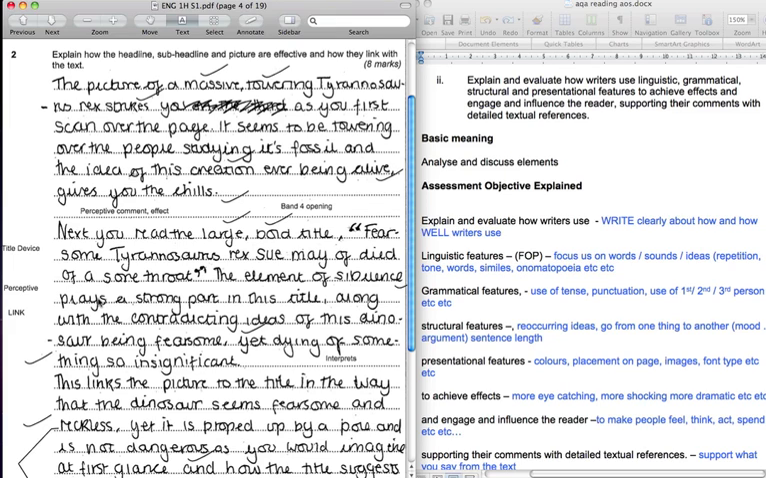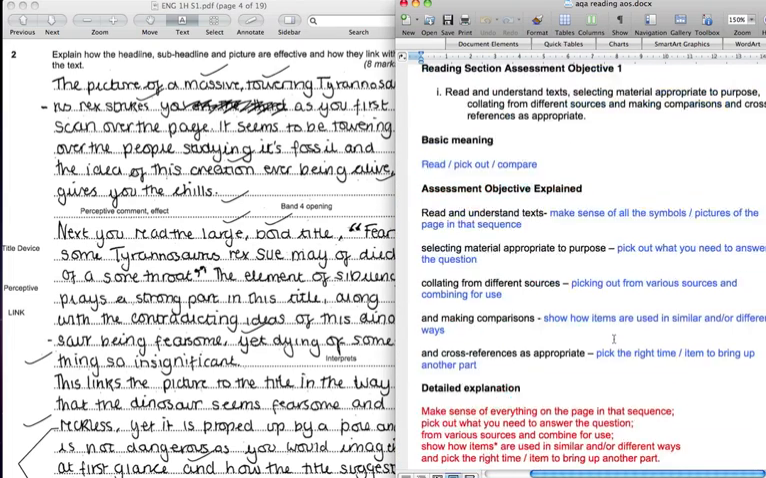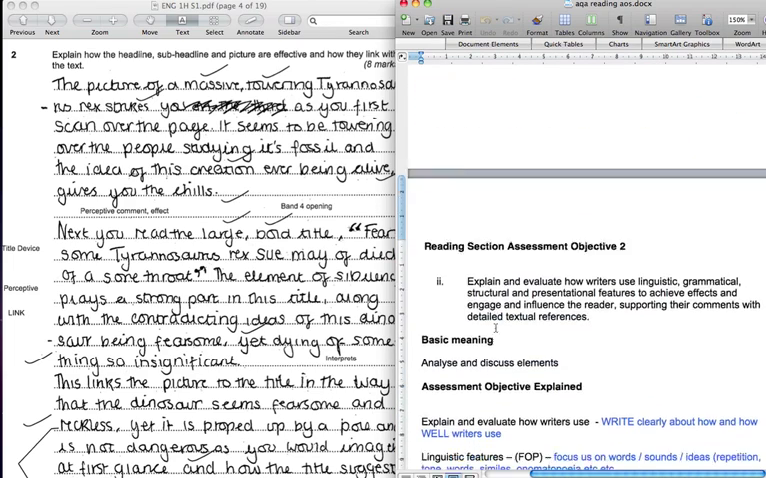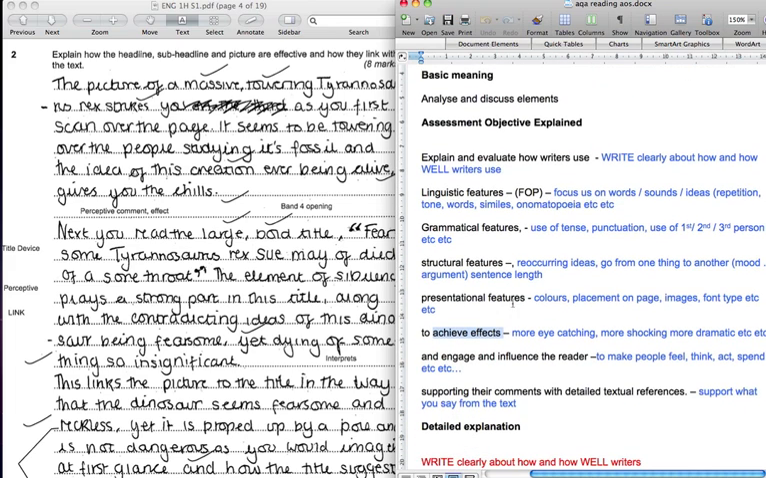The element of sibilance plays a strong part in this title, along with the contradicting ideas of this dinosaur being fearsome, yet dying of something so insignificant. So they've got a mark there for actually interpreting what's being said. So remember, we're still always referring to this set, the AO1 as well. So here we've got the read and understand and the selecting appropriate material. So that's well done. I'm keeping it down on this one because more of our focus should come from here